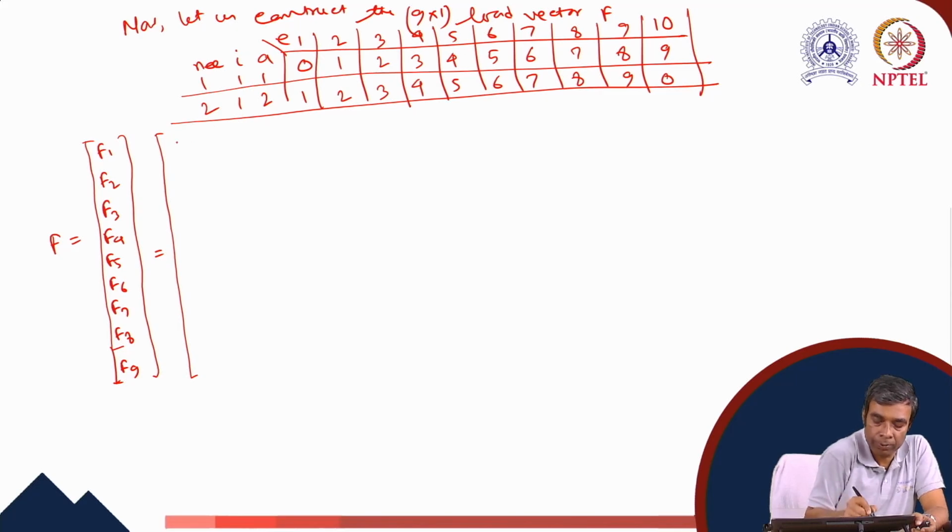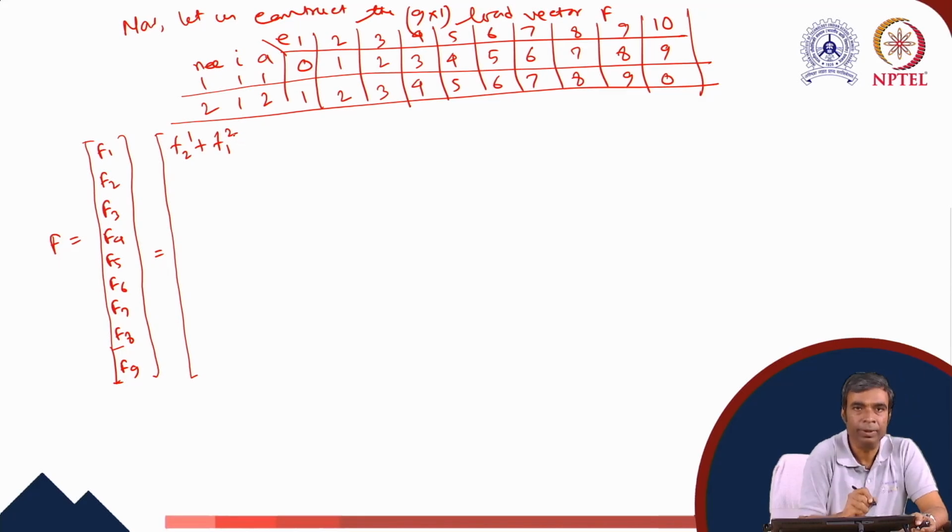F1 equals F2 1 plus F1 2. Now this F1 is associated with the essential boundary. So we implement the essential boundary condition at the left boundary. This will give us K